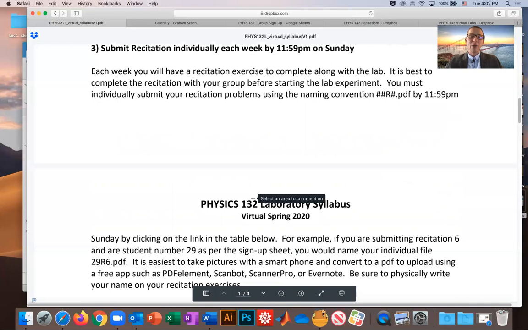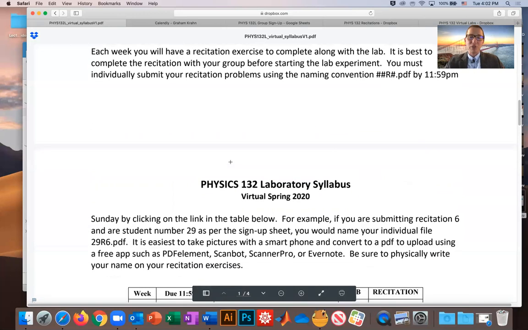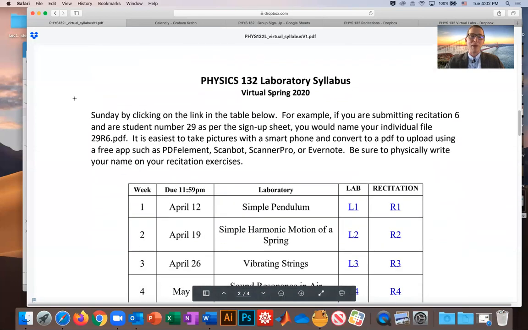All right, so now about a recitation. Each week, you're going to submit recitations individually. And here, there's also a naming convention for the recitation. Those are like example problems that will help you with the lab. So here's the naming convention. You're going to, again, want to save it as a PDF. And if you are student number 29, as per the spreadsheet, and you're submitting recitation number 6, the file name would be